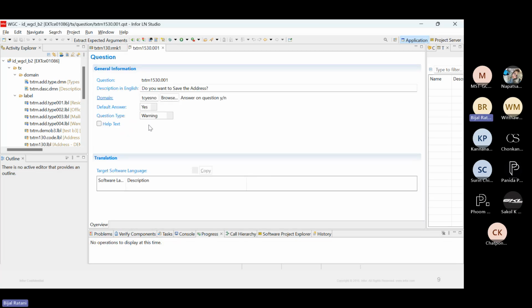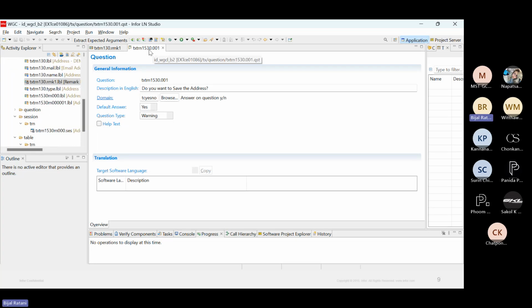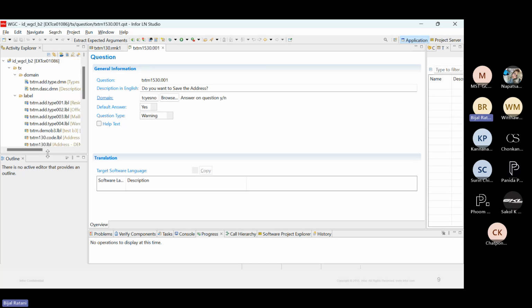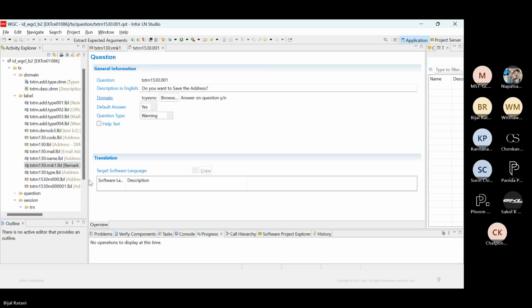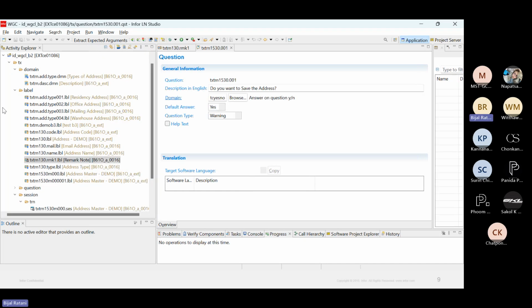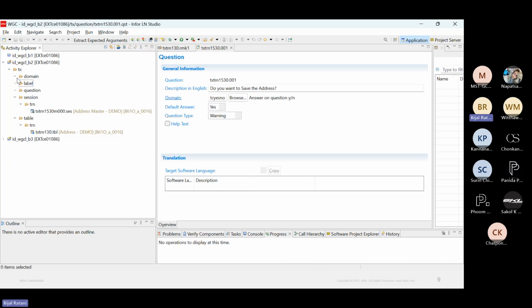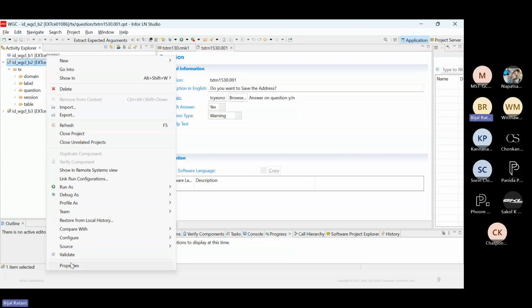So if you see, a question is created, and if you want to change anything, okay, there is the same logic to check out. Now the question will be appearing in my question folder. Let me expand this a little bit. If you see, for different components, we have different folders created. All of this also gets synced to your local copy. Like if I try to see the local copy under properties,